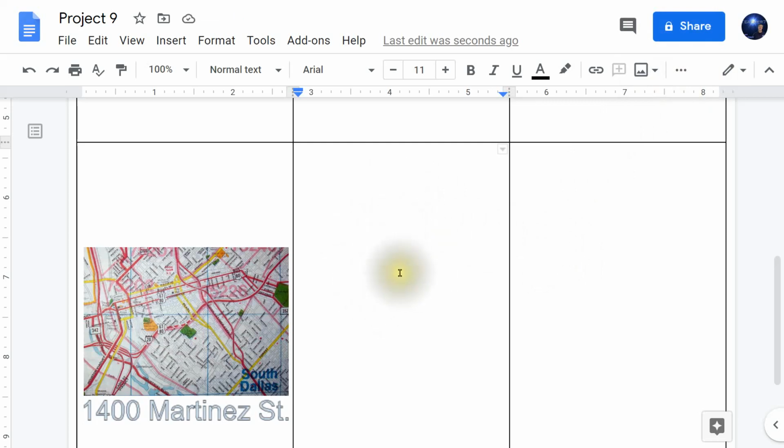Step 117. Key in the following text. Open 9 a.m. to 6 p.m. every day. Hit the Enter key twice and key in cost $10 per adult.